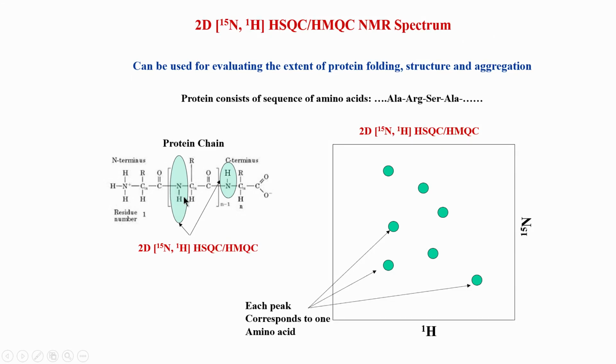An amide proton, we are looking at CONH, comes somewhere in a typical range. Let me write down the chemical shift range. Typically the nitrogen comes from 90 ppm to about 140 ppm. This is what the typical range is. Usually it comes somewhere from 100 ppm to 135 ppm. We will visit this specific range again when we come to the proteins, and typically the proton is about 6 to 6.5 ppm on the proton scale to about 10 to 11 ppm.